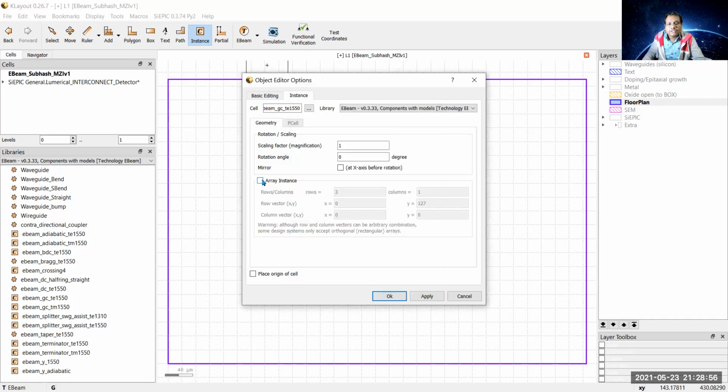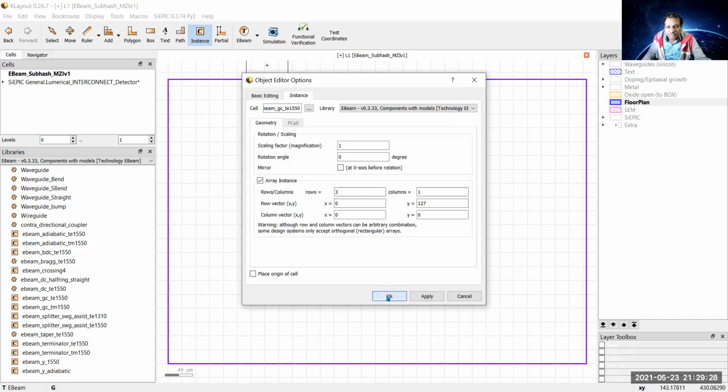Since we need three grating couplers, I click on array instance so that in one go we can create the array of three grating couplers. So rows 3, columns 1. The distance between these three couplers will be 127 micrometers for automatic measurement. This value has been given by the SiEPIC edX course on silicon photonics.